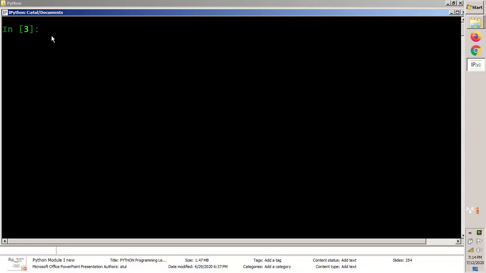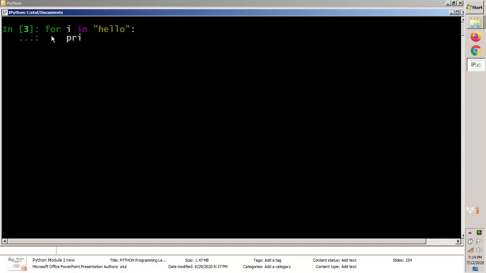The for loop can work with strings also. So let's take an example. For I in, let me write some string object here, hello, and then put a colon.